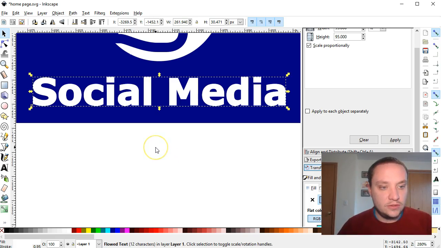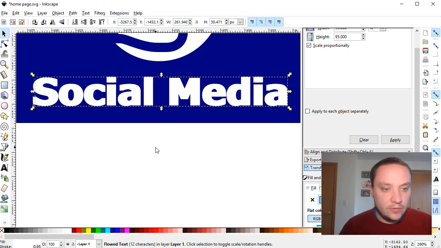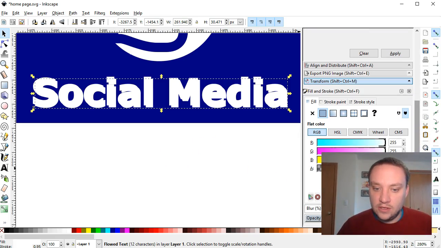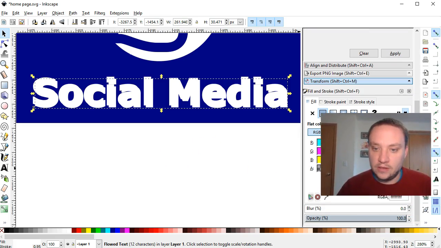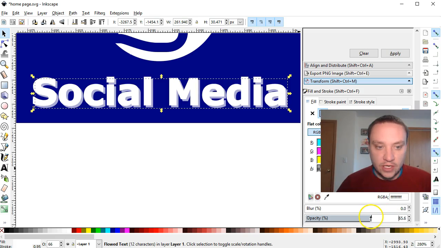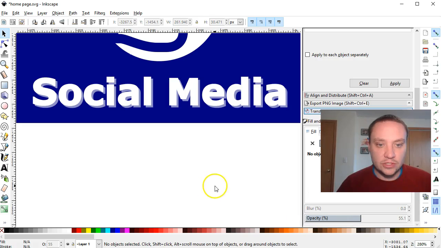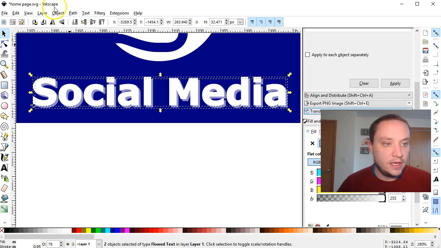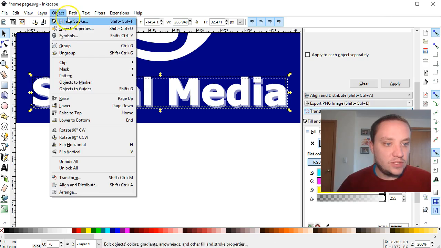We'll hit Control D to duplicate, press right once and down once, and we're going to come down here. Let me move my webcam up, and we're going to drop the opacity way down. So you can see it has this sort of shadow effect. Once you have that positioned as you want, just highlight both the original and the shadowed text and object, group